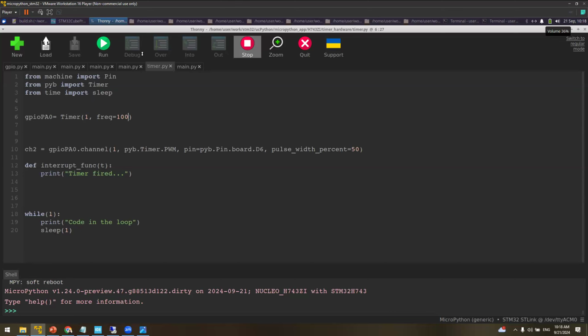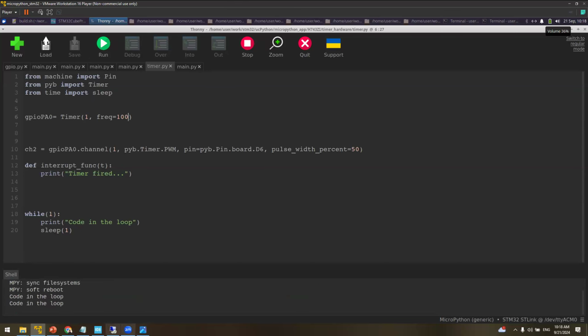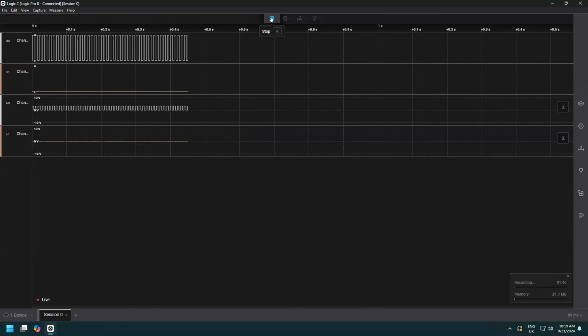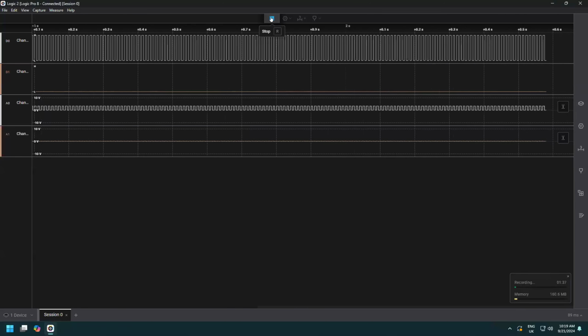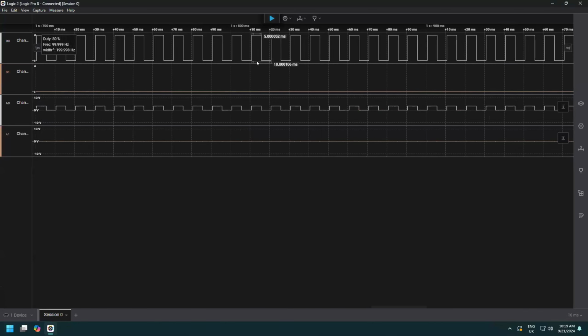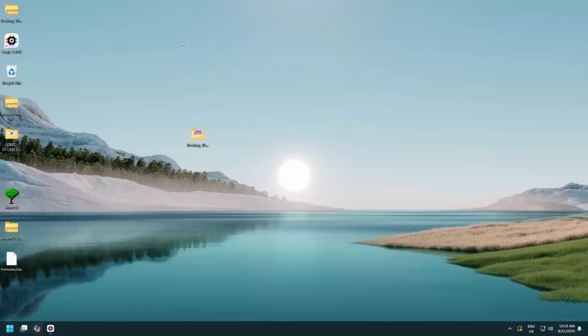Let's run this and see. It has decreased because we have increased the frequency. Now we are able to see 10 milliseconds. This is the complete time period, right? So the time period is 10 milliseconds. If I reduce further,